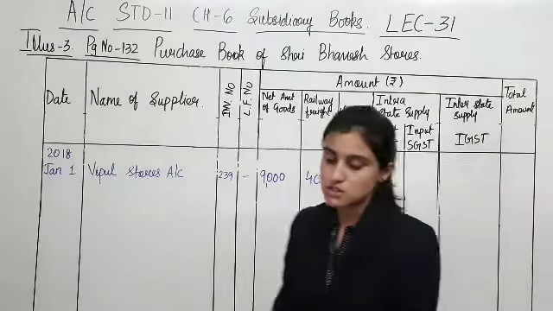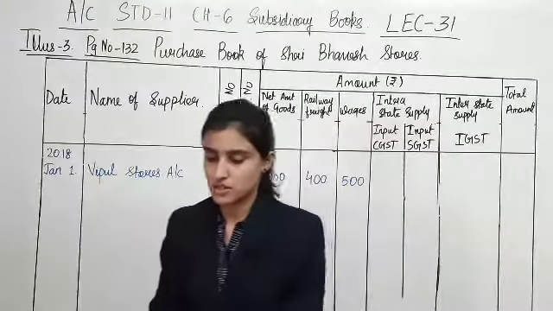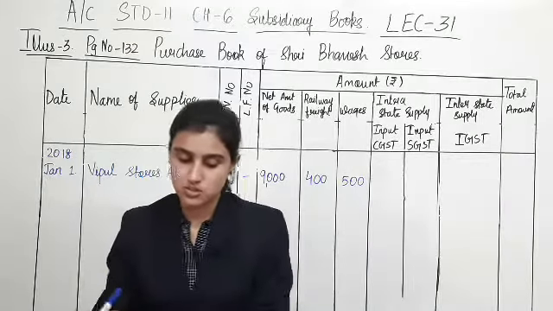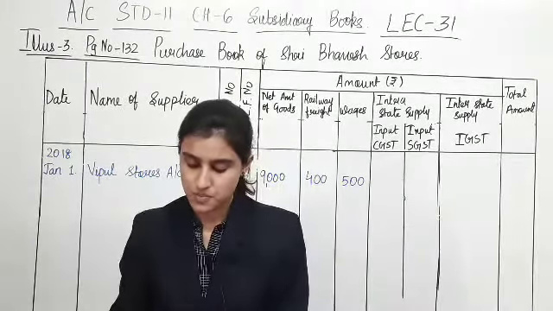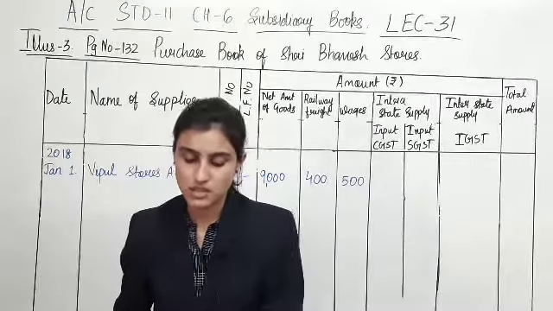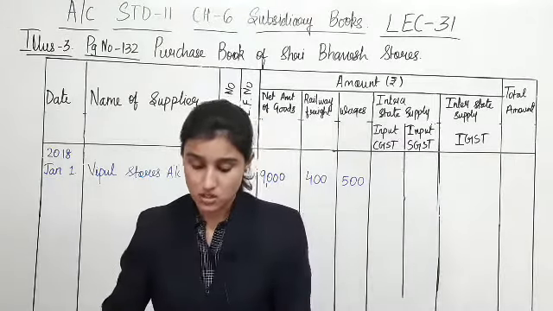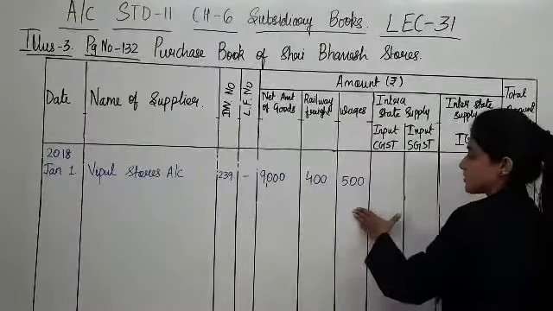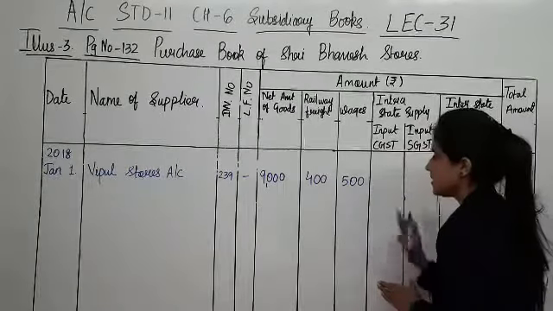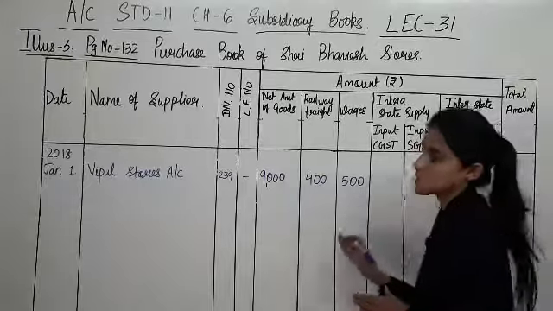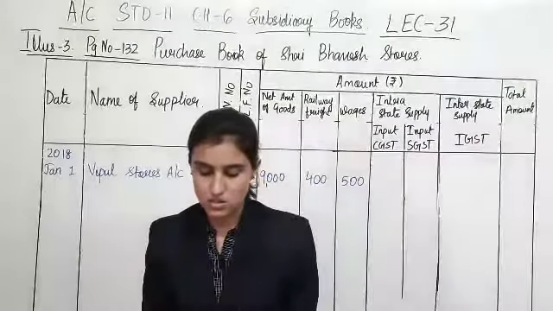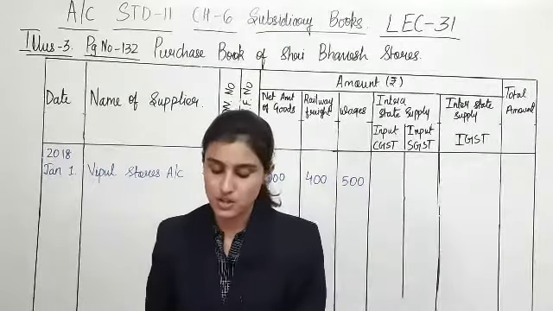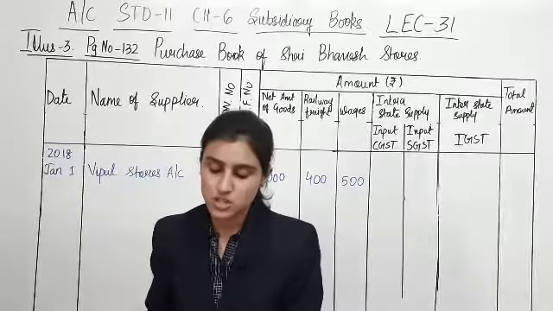So, firstly, the 12% that we are going to calculate is not 12% of 9,000, actually 9,000 plus 400 plus 500, so 9,900. The 12% of this total amount, which gives you